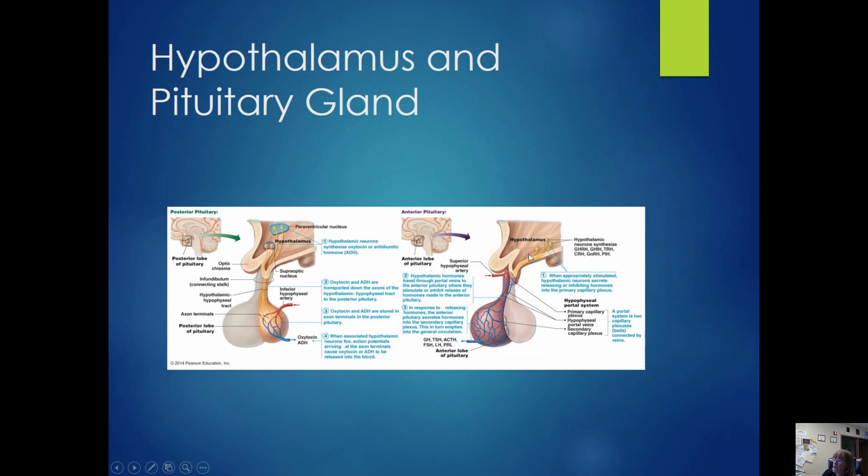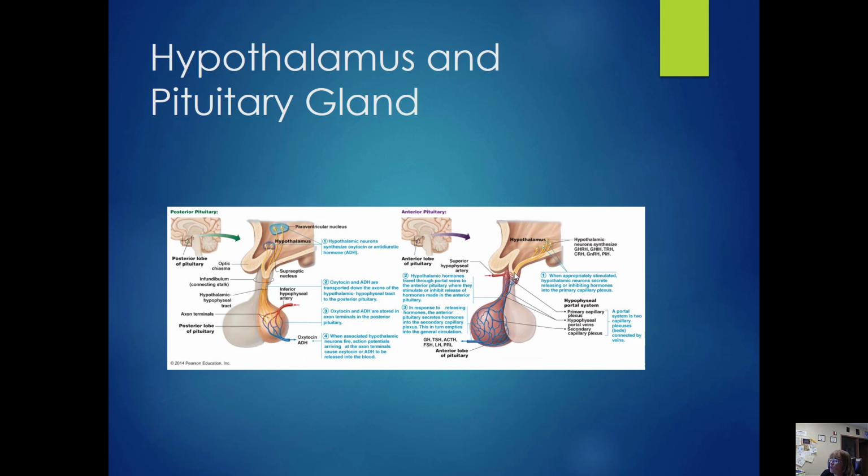So back here in the ventral hypothalamus, we have another cluster of hypothalamic neurons that are going to release the tropic hormones. So we have growth hormone releasing hormone, growth hormone inhibiting hormone, thyrotropin releasing hormone, corticotropin releasing hormone, gonadotropin releasing hormone, and prolactin inhibitory hormone. And so those 6 tropic hormones then are going to be released from the axon terminals that are here at the start of the infundibulum, and now we're going to go into what's called the